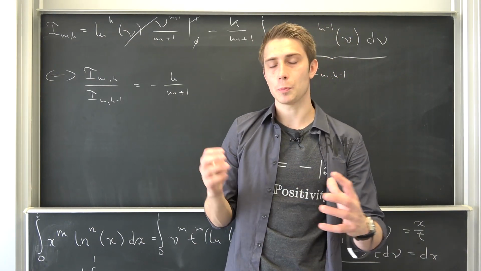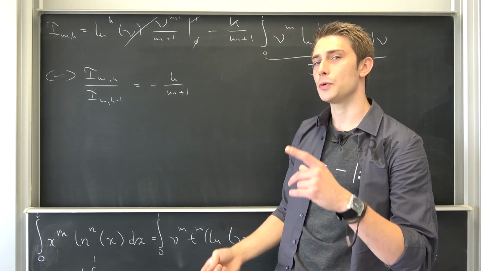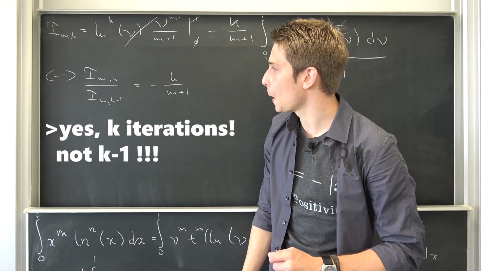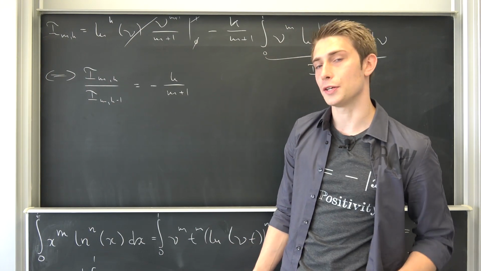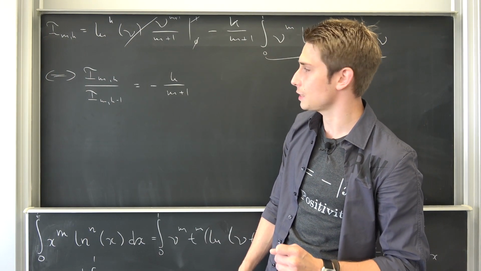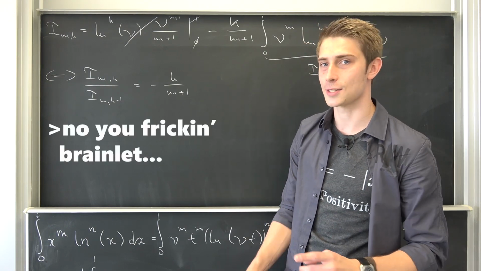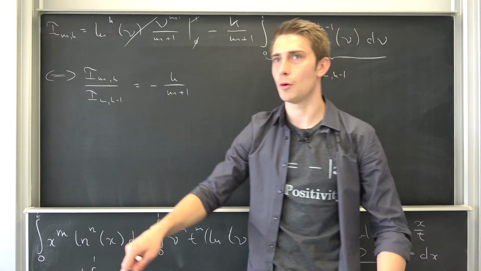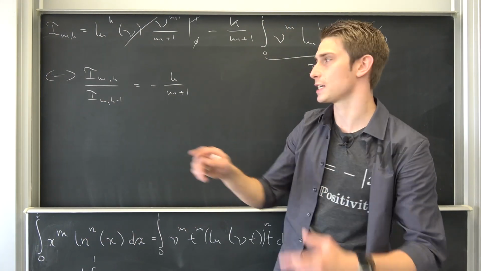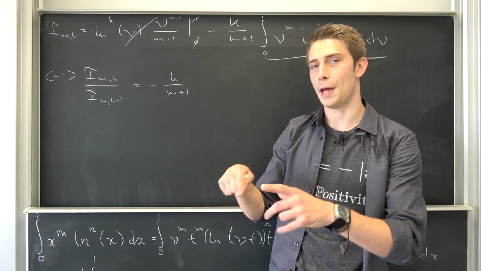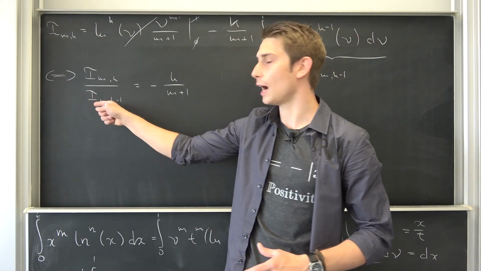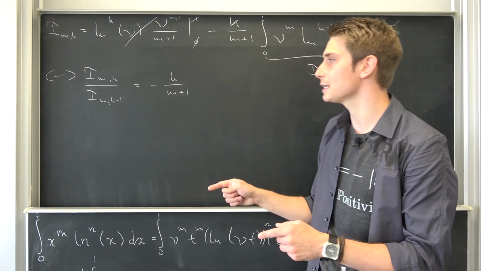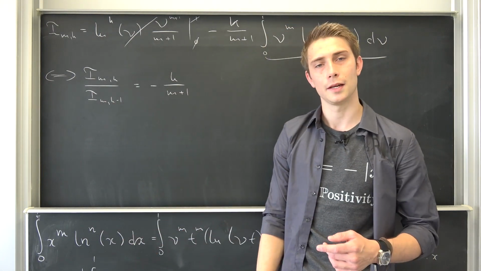Well, why not take a look at the multiplication of all those members after doing exactly k minus 1 iterations? Why does it make sense to do k minus 1 iterations? Well, then we are going to be left with I of m comma k minus parentheses k minus 1, so that's I of m comma 1, I'm terribly sorry, over I of m comma 0 in this case. And this is the last member in the sequence when it comes to our k.